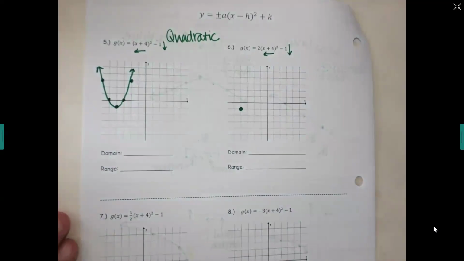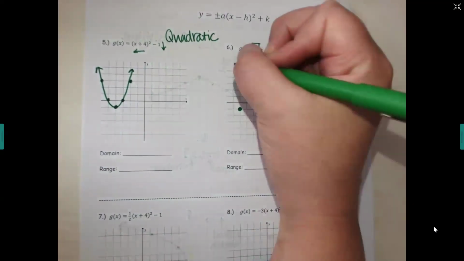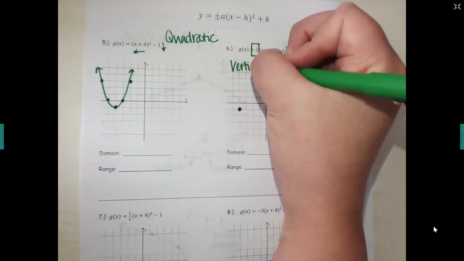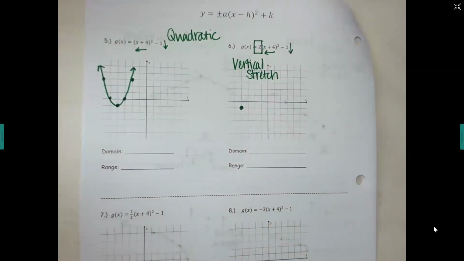But what does the next question have that the other one did not have? The number in the front. Okay, this number is going to give it a vertical stretch. Now, real quick on this, vertical stretches can only affect how big you jump up. So for my original U, I jumped up 1 and then up 3. Then those are both going to double. So instead of jumping 1 and then 3, I would double that to be jump 2, then jump 6.